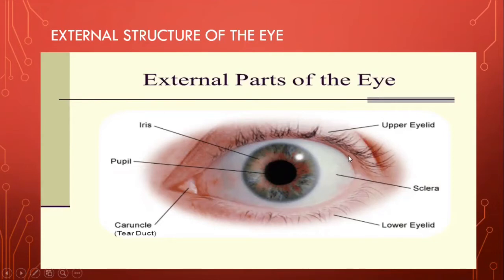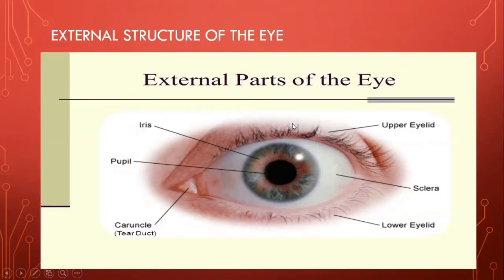partly tend to close. This closure will basically prevent huge amounts of light from entering into our eyes, which can damage our photoreceptor cells, which are present at the back of our eyes on the retina, which we are going to discuss later. And also, when we blink, we are basically removing the dust particles that are trapped in the moisture in the eye. So these are the three functions of the eyelids.